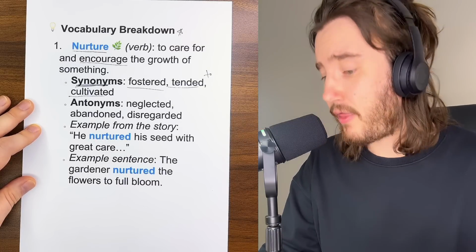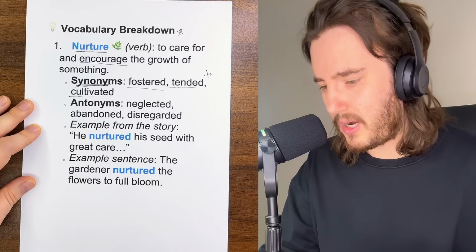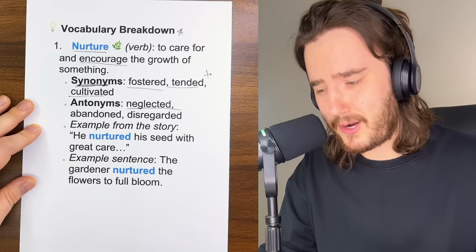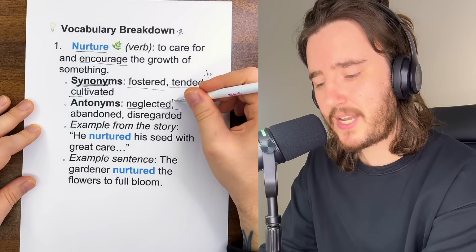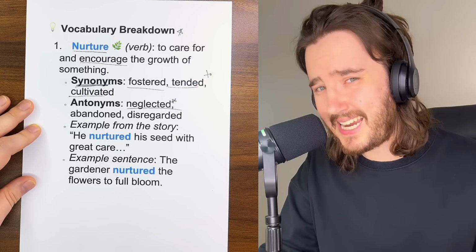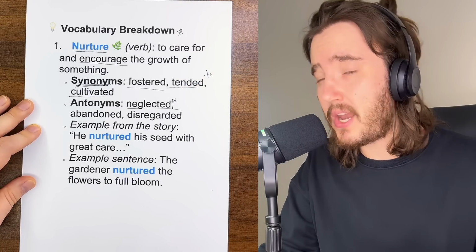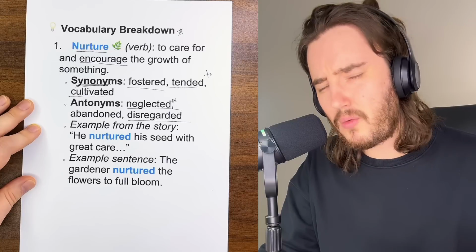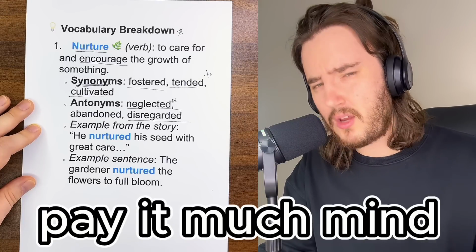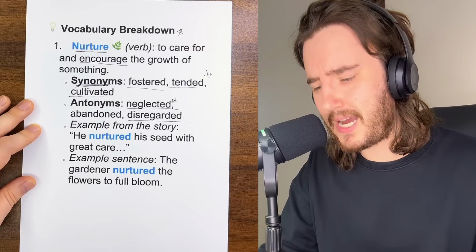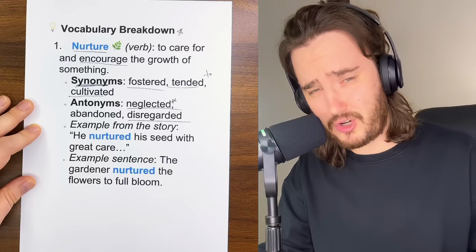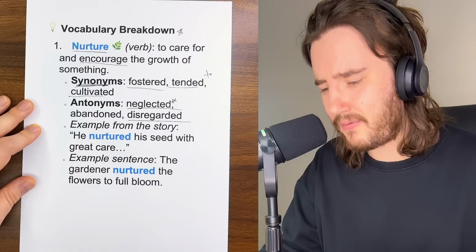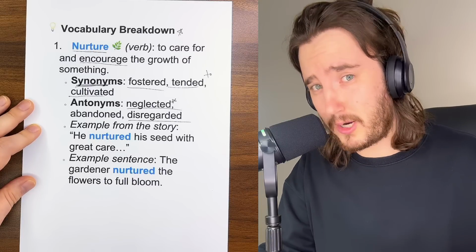growth of that thing. Maybe some antonyms or opposite words could be you neglect something so it does not grow, right? You don't give it the attention it deserves, that it needs, and so it is unable to grow. Maybe you disregard it. You don't pay it much mind. You don't give it attention. You don't think it's very important, so you're not taking care of it, and it definitely won't grow that way,